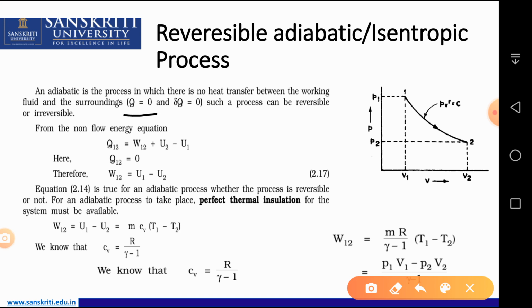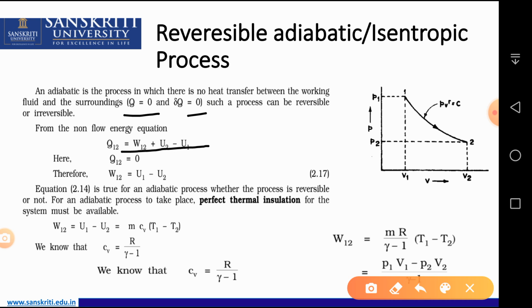So Q equal to 0, del Q equal to 0. So it is the first law of thermodynamics equation for a non-flow process. So del Q, जो भी Q12 क्या होगा, 0 होगा, क्योंकि वो हीट तो इंटरेक्ट हो ही नहीं रहा सिस्टम से. सो जो भी वर्क डन होगा वो आपकी इंटरनल एनर्जी के बराबर हो जाएगा.